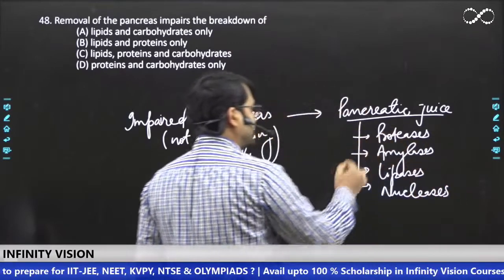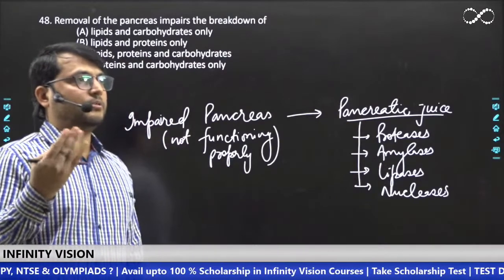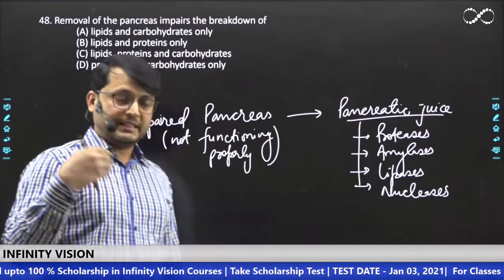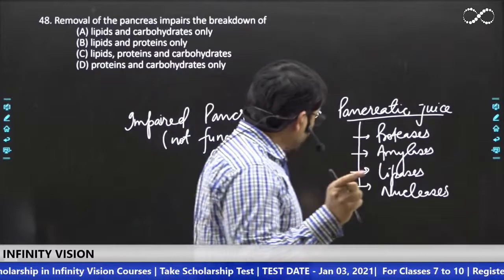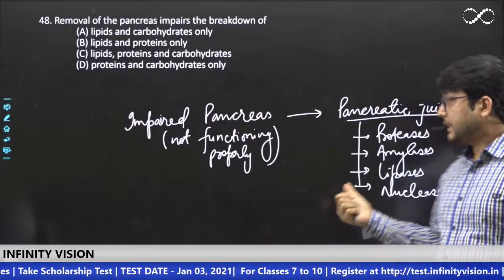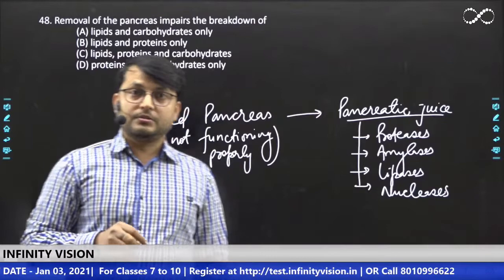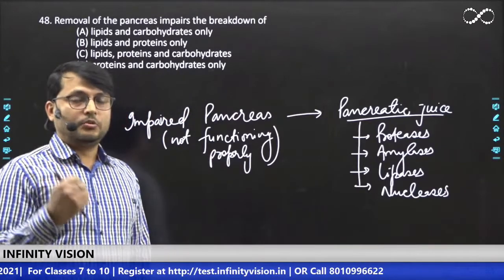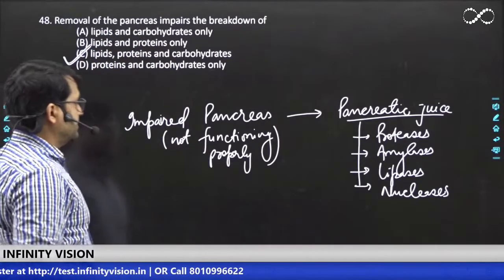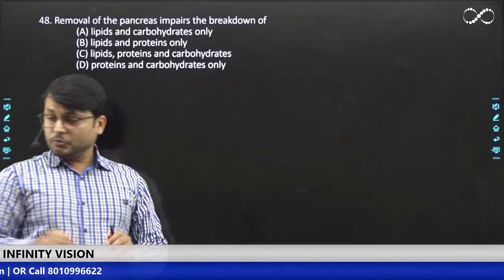And therefore the pancreatic juice is called, yeah, okay, great. So Akhil is saying that the pancreas is responsible for digestion of carbohydrate, protein, lipids, fat, nucleic acid, everything. Correct, very good, Akhil. So pancreatic juice is a complete digestive juice, because it has enzymes for the digestion of all kinds of biomacromolecules: proteins, carbohydrates, lipids, and nucleic acids. Great. So the correct option is option C, that is lipids, proteins, and carbohydrate. Very good. Okay, so let's move to the next question.